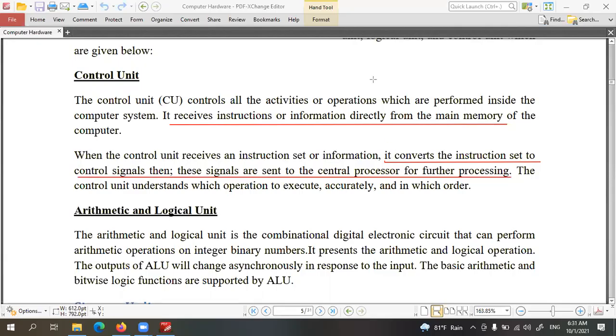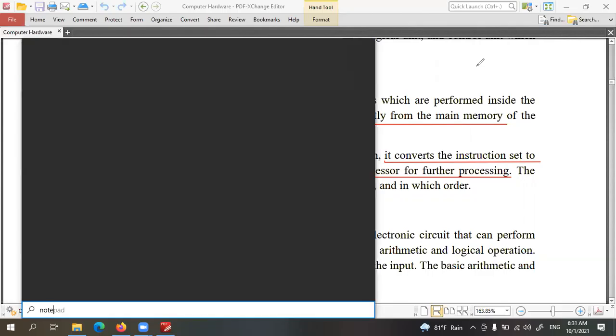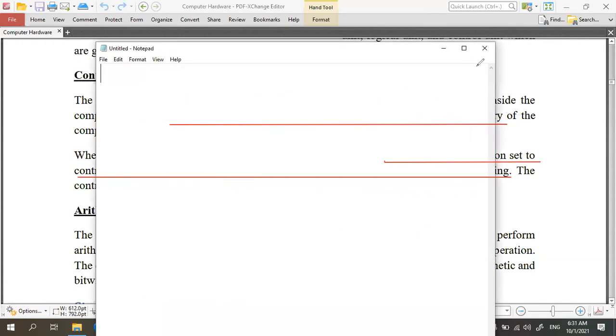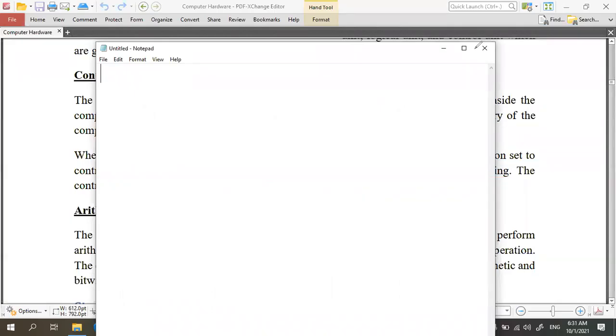So what is described here, in the computer, we have main memory. Actually, main memory is called RAM, right? You know what RAM refers to, I think you already know.